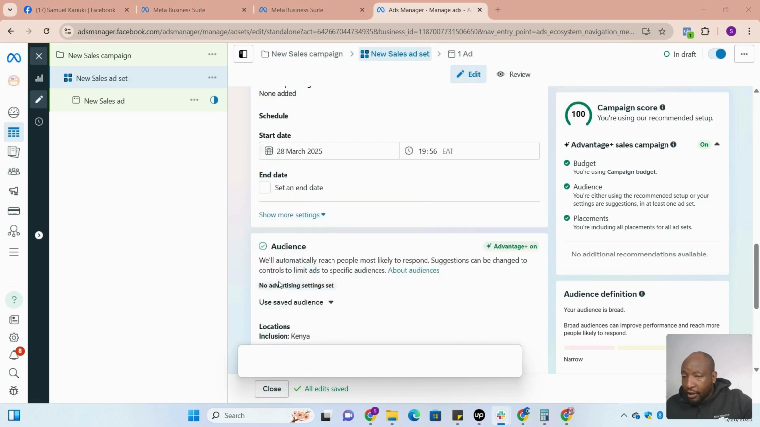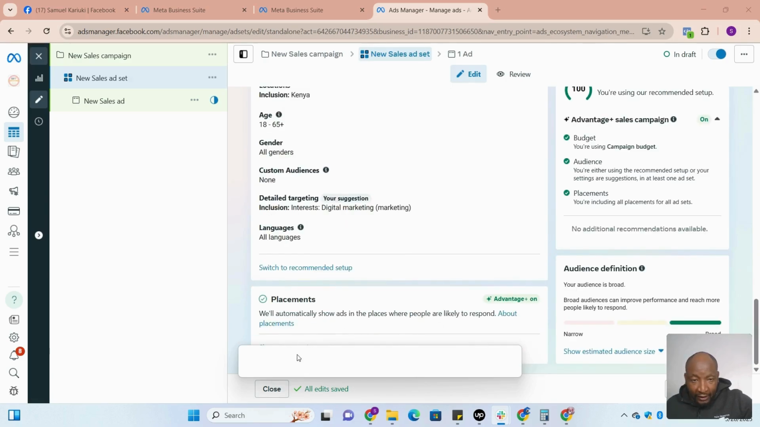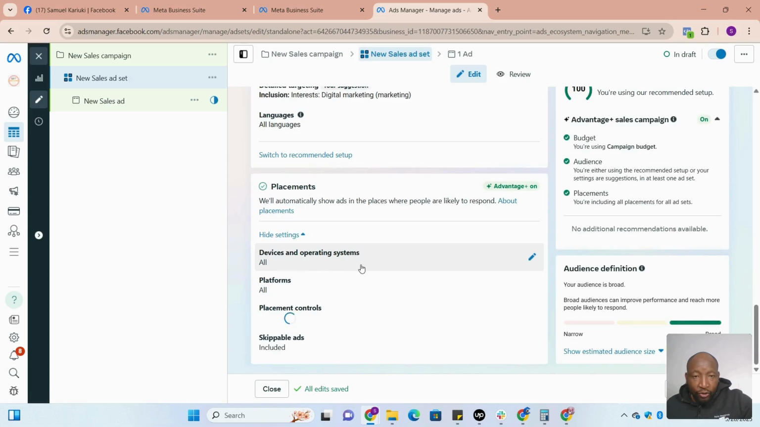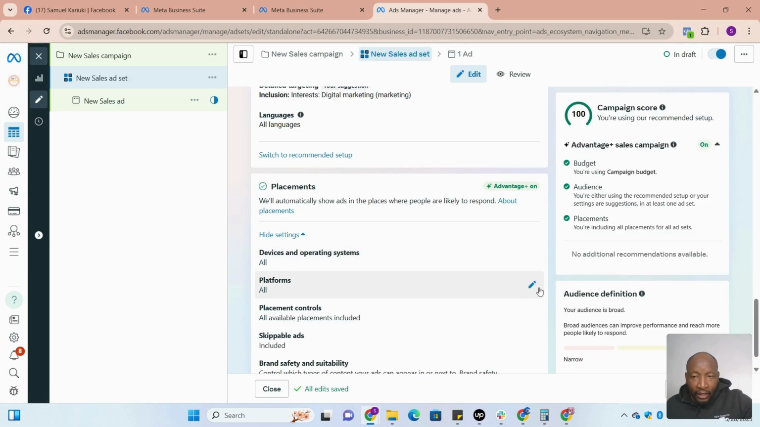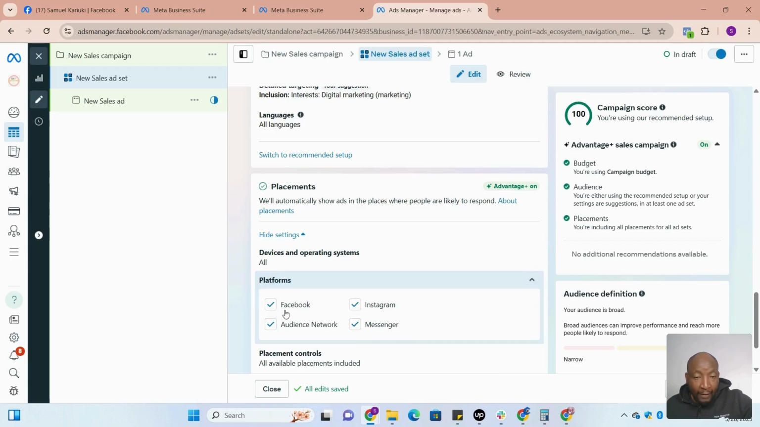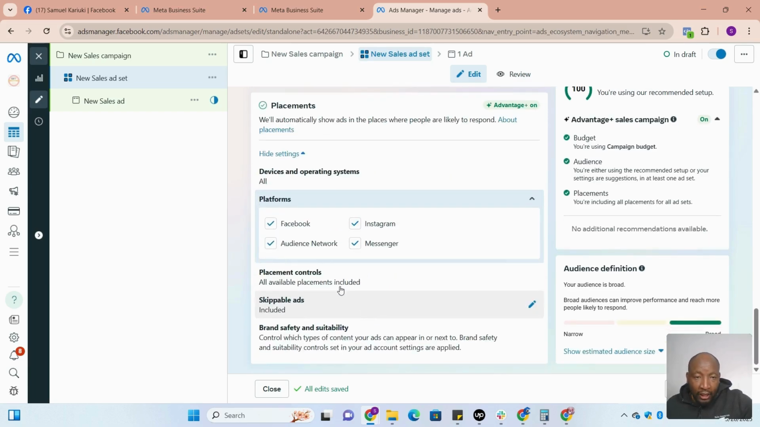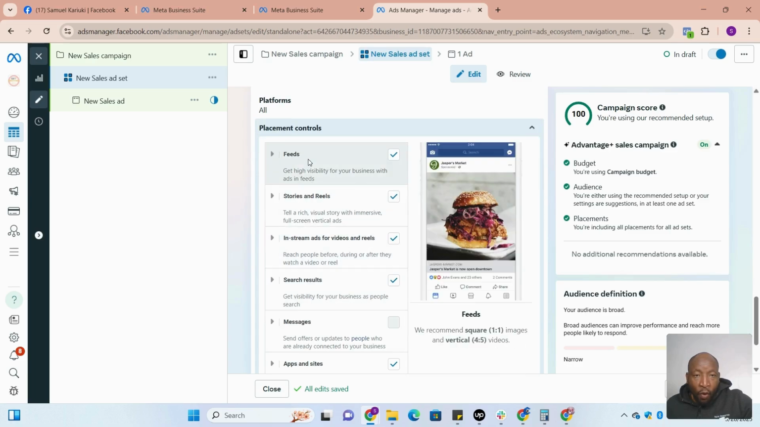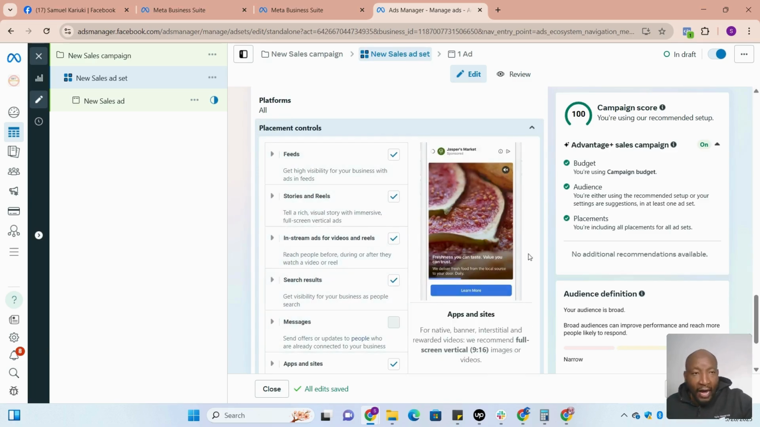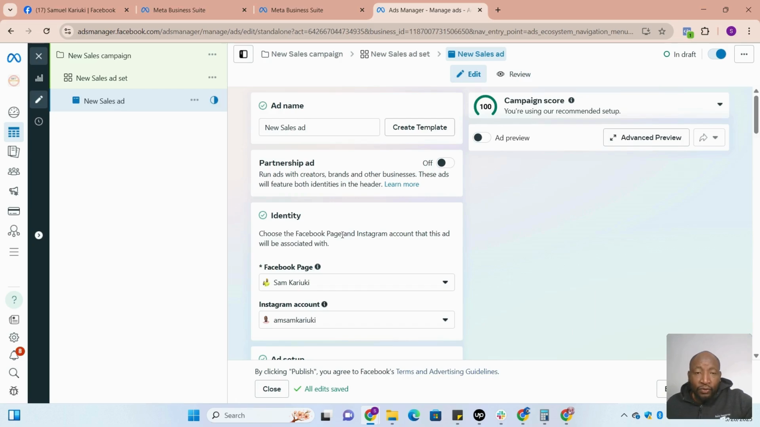you can choose placement, right? You can show more settings to choose the placement that you want, whether you want all platforms or you want specific to run Facebook ads only, IG only. You can also choose whether you want it to run on feeds, stories, all that you can choose at the ad set level. Then in the ad level, this is where you can use a combination of images, videos, links,